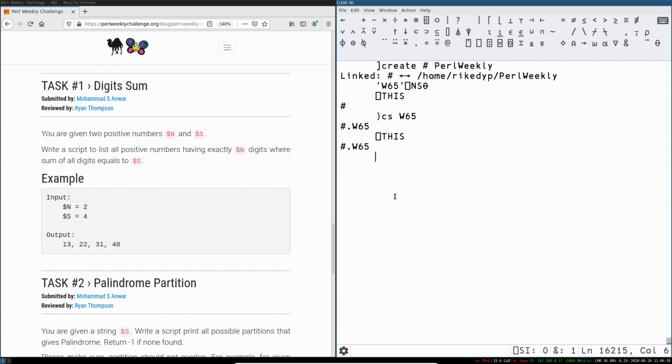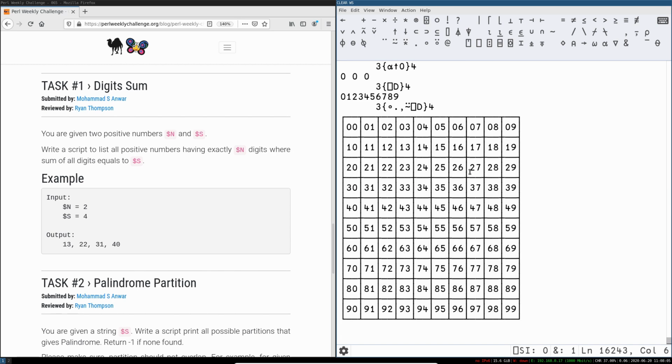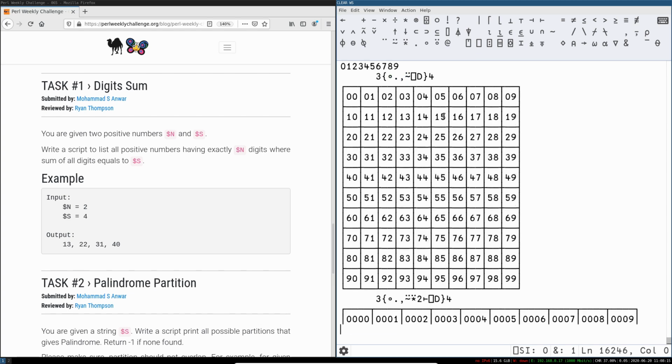This is quite a nice one in APL. I think I've seen this type of problem before. So we can find out what all of the 3-digit numbers are. So 3 take 0 gives us a 3-element vector. If we look at something like quad D, this is all of the digits as a character vector. This is all the characters 0 through 9. And if we do an outer product catenation selfie, we can combine them all with themselves. And if we do this to the power 2,